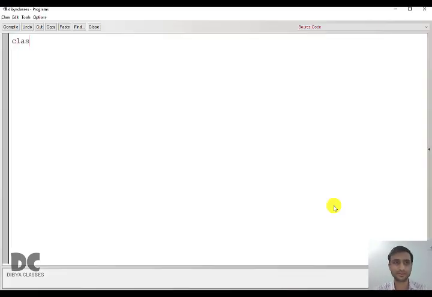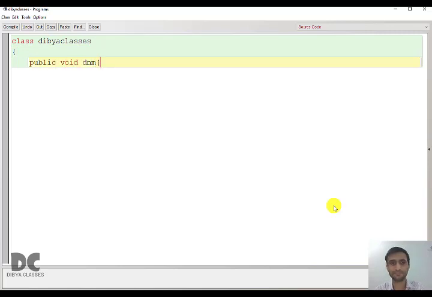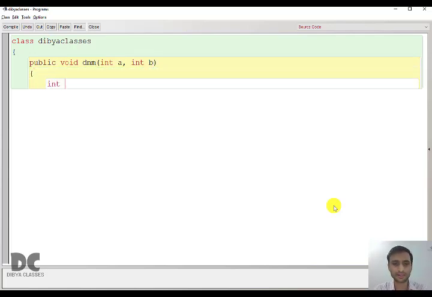Okay. So I will give a class name. I will have a function name. And I will input two values. We need two values to calculate all these mathematical calculations. I will also take a variable, let it be C. And I will first add those two numbers, and then print it.